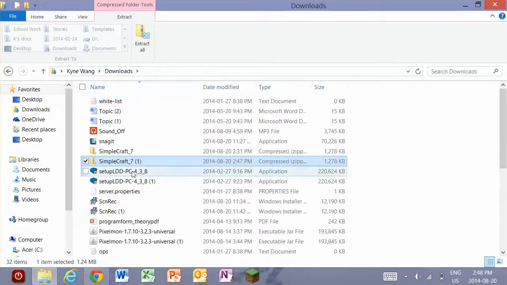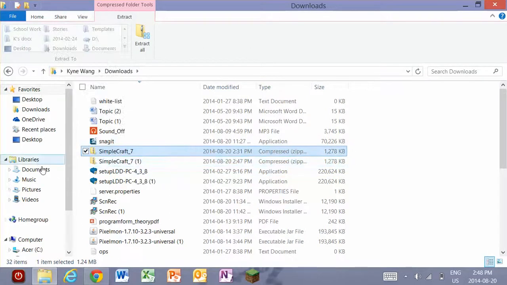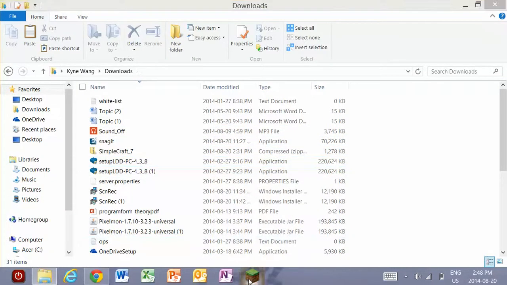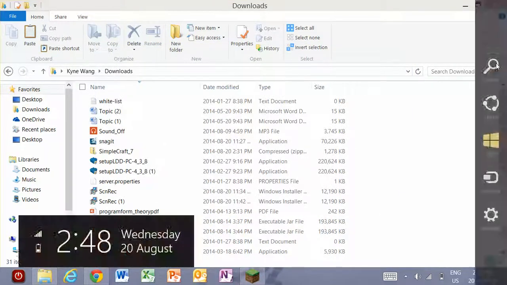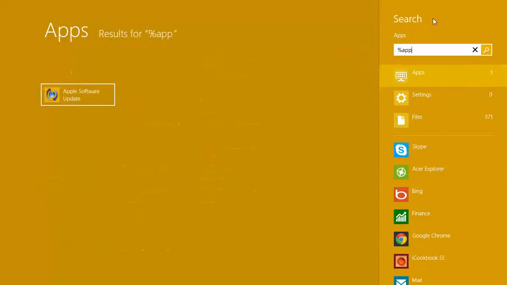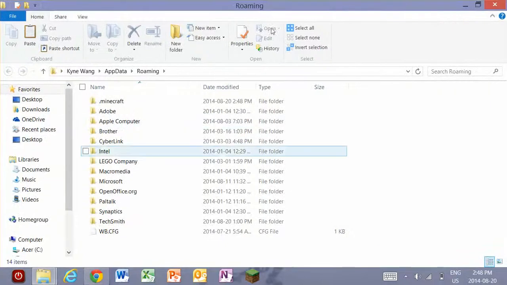downloads. And it's right here. I already have it right here, see? So you just copy it, click copy, and then you go, okay, let's just delete this. The easier way to get to resource packs is going to Minecraft, but I do this way. Percent appdata percent, and then click enter.